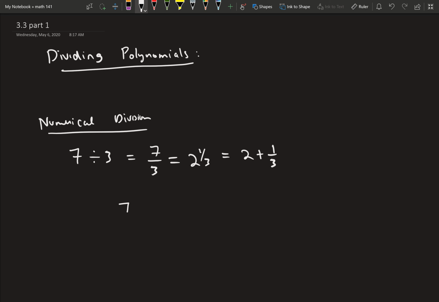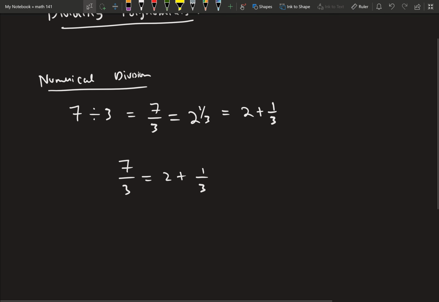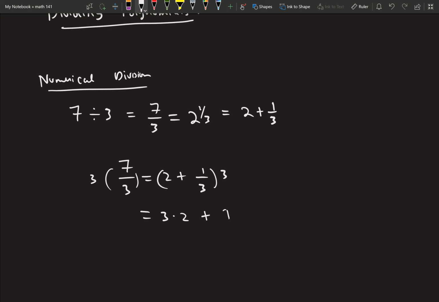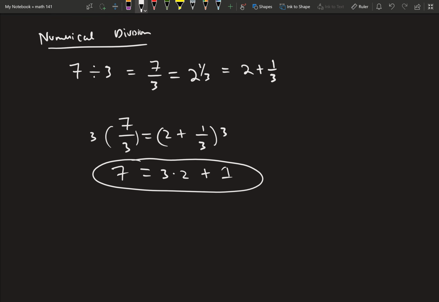And so let me just write that down like that. 7 divided by 3 is 2 plus 1 over 3. Or if we multiply both sides by 3, we get 7 is equal to 3 times 2 plus 1, where this was our